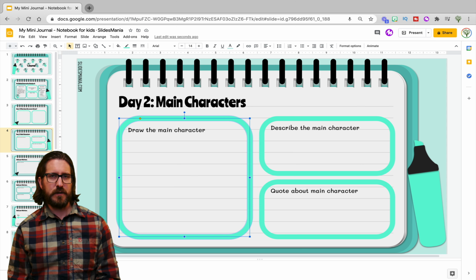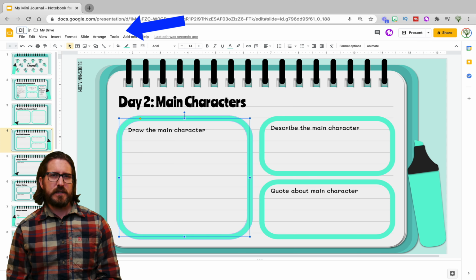Now that I've set up these slides to look the way that I want them to look for their digital interactive notebooks, let's look at how to add them to Jamboard as backgrounds, as well as how to assign copies of Jamboards to students so that they can actually write on them. If you don't plan on giving all the prompts to students at once and instead plan to drip out prompts to students along the way, what you'll want to do here is create a teacher copy of the slides as well as a student copy.